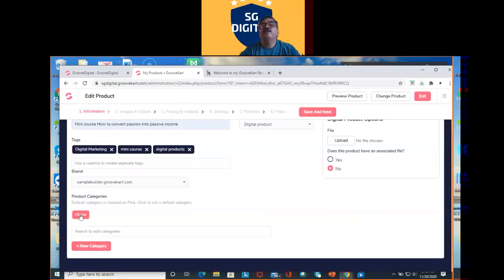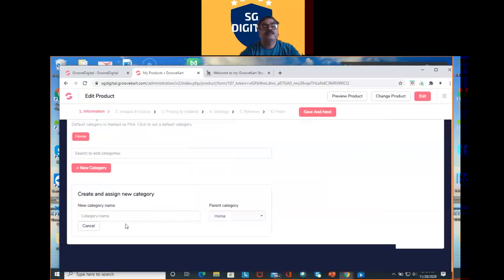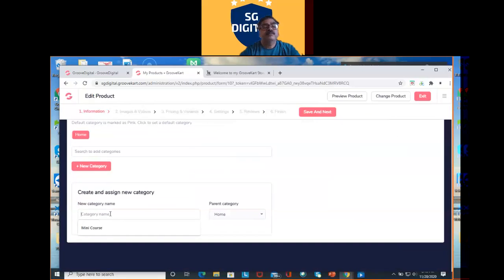Then we will go to the product categories here. Now search and add categories. This is the parent category, home.